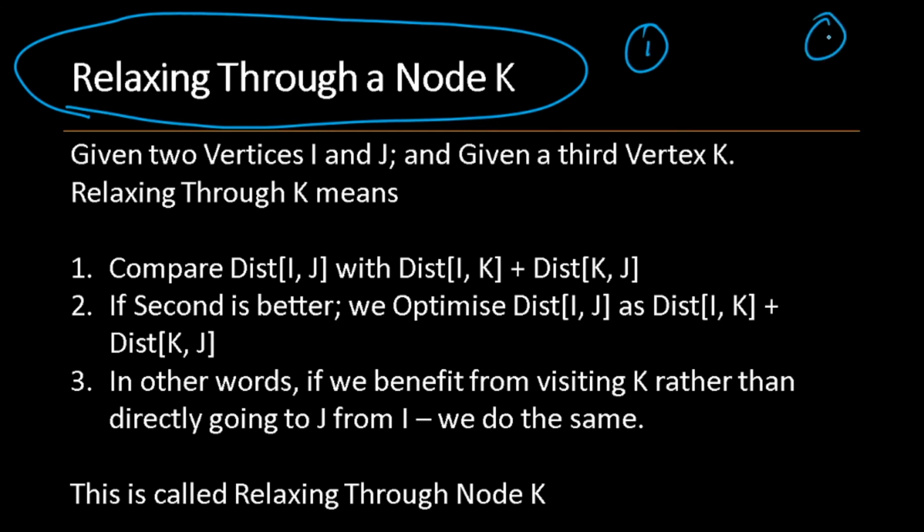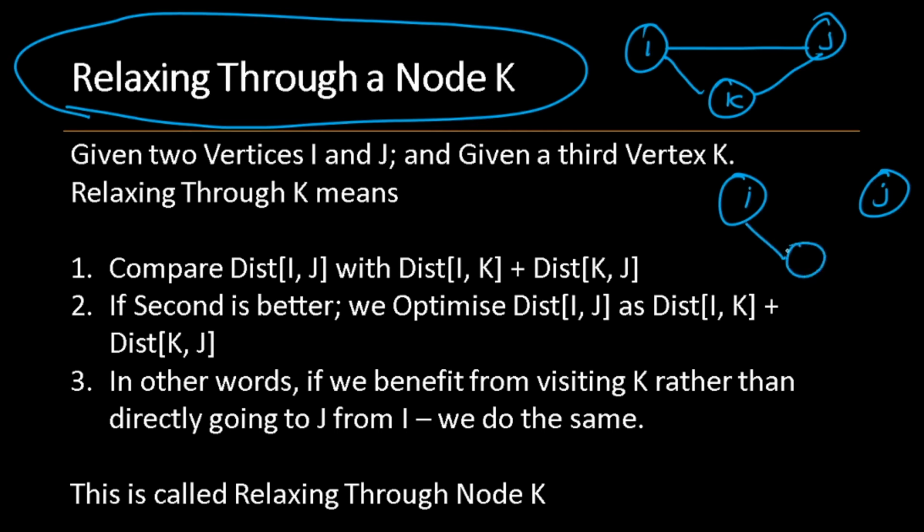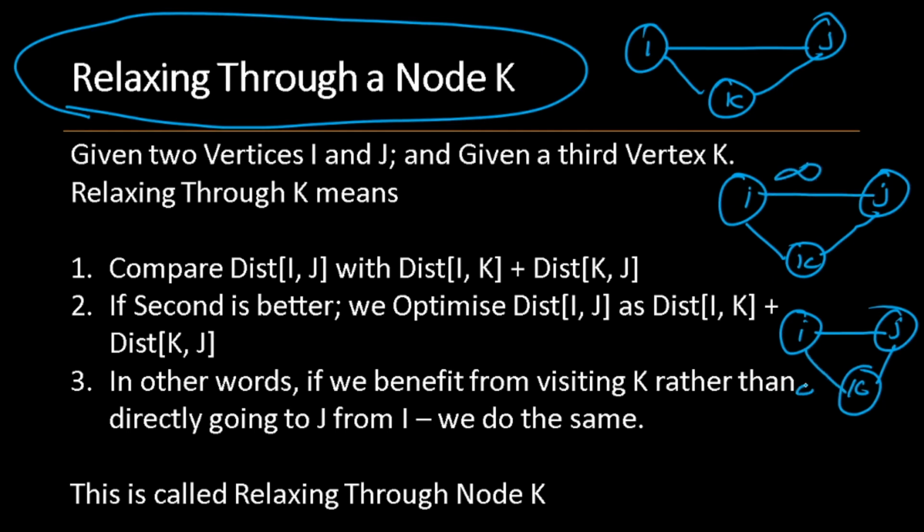Imagine there are three vertices I, J and K. There could be a connection between I and J and there could be a connection between I-K and K-J. It is also possible that there is no such connection. It is possible that we have a setup like this: I and J have no connection and K connects I and J. This is one possibility. The other possibility is I and J are connected and K doesn't connect with I or J or either of them. This is also a possibility. In this case, what do we do? For I and J, we label it with infinite distance here, and we label this with infinite distance here.